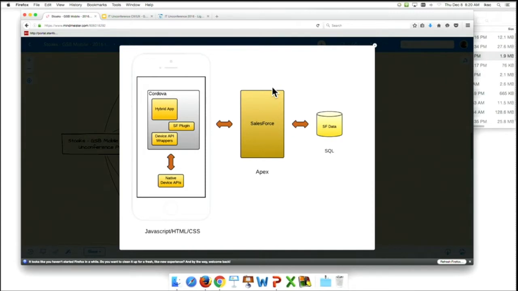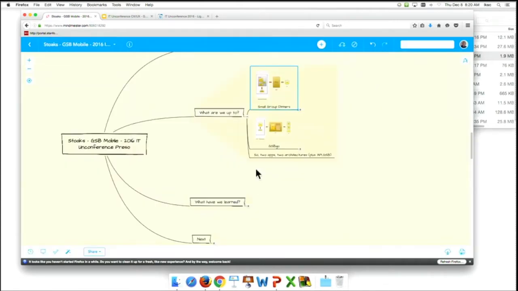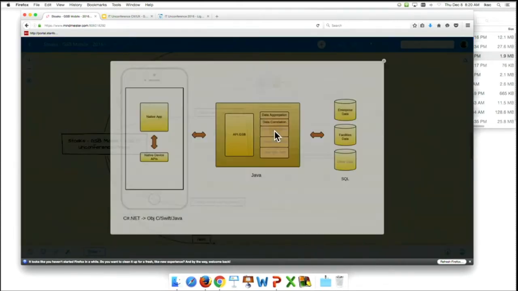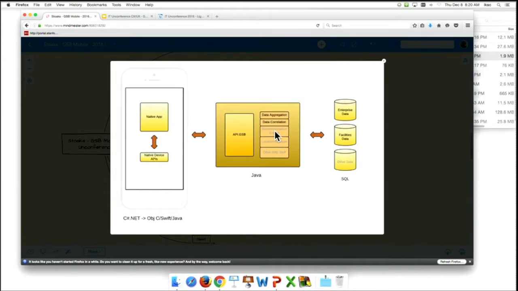And this is a mobile version of a desktop custom Salesforce application using the hybrid technology. And then the other one that we're working on is called GSB Go. GSB Go is mobile first, so there really isn't a desktop version of this. It's a native application, so it runs directly on top of the platform OS. And it talks to our API.GSB